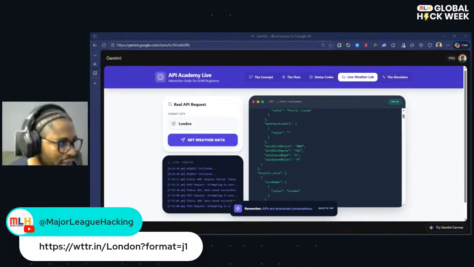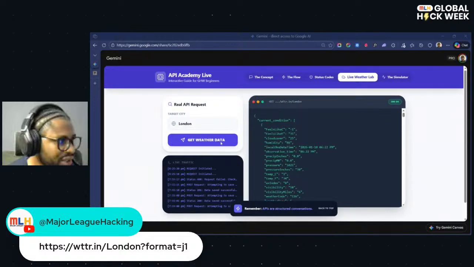What this does is it just returns the weather of any city you put in here. So we're trying to make a real API request. We want to get what it's like in Lagos or Abuja right now. So I'm typing Abuja right here, and I click on get weather request. It sends the request to the API.